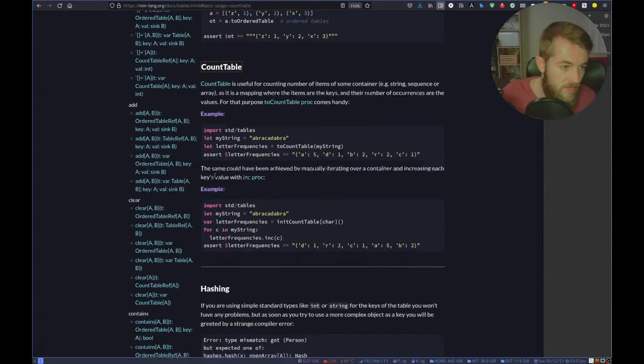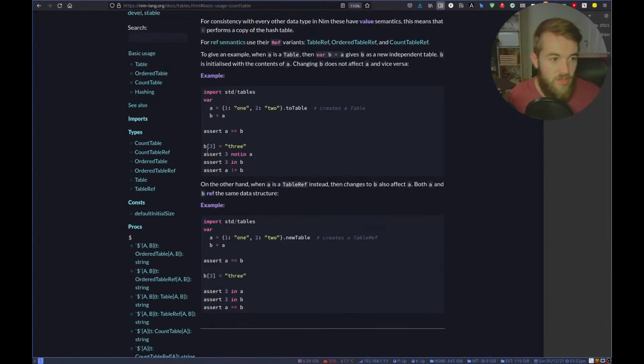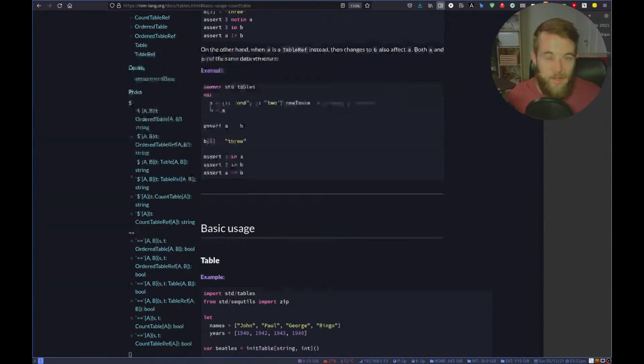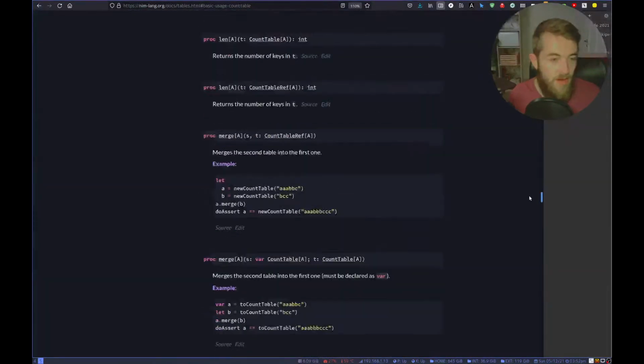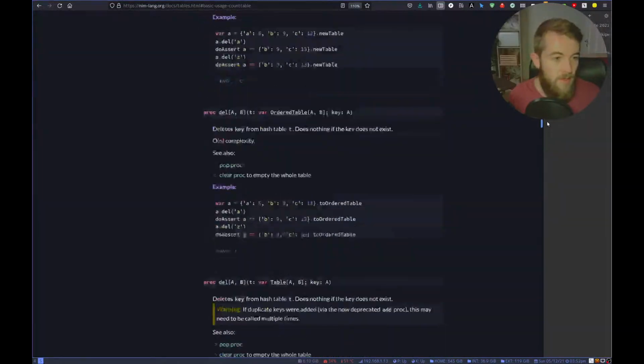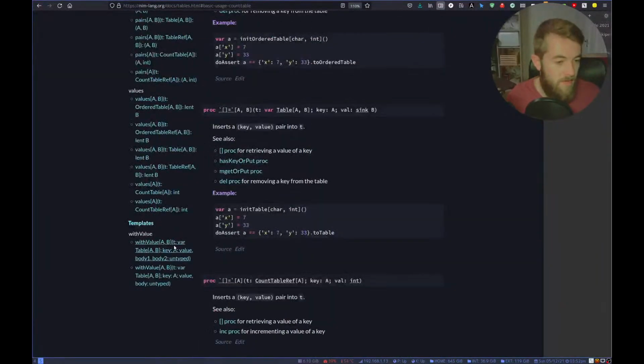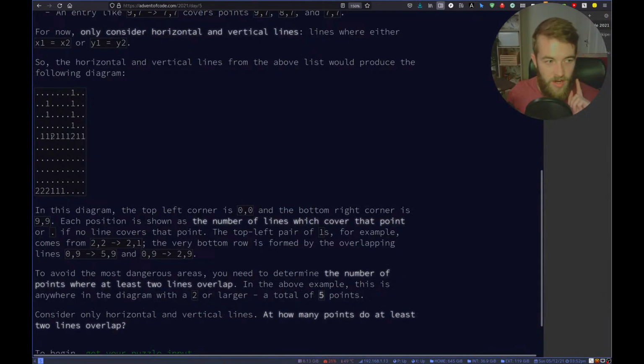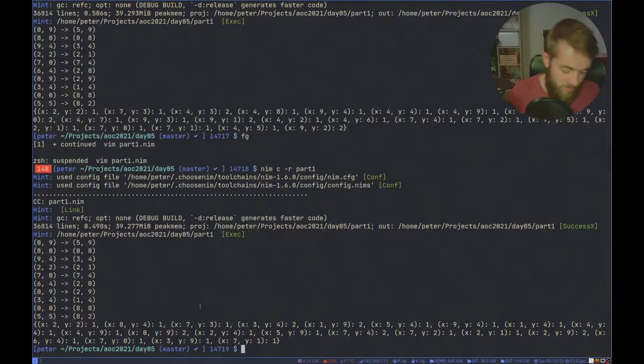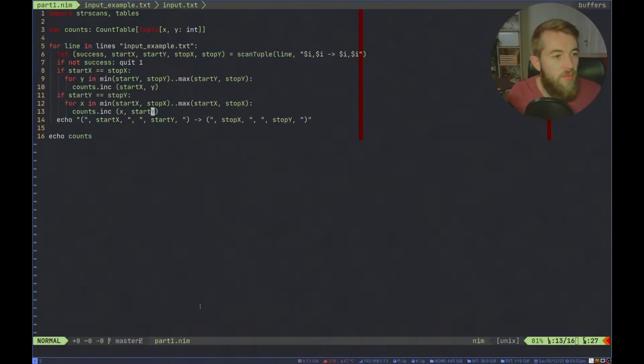So now all we need to do is to loop through the results of our count table and get out the numbers that are bigger than 2 and count them. Let's see. So we could actually do this. We only care about the ones that are higher than 2. So as soon as they become 2, we can count them. I mean, for these, we only have 2s, but for others, we might have something more. So if we do here,